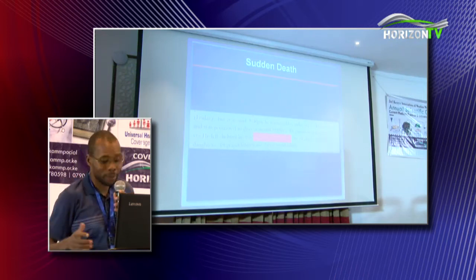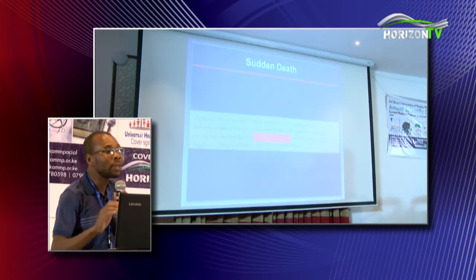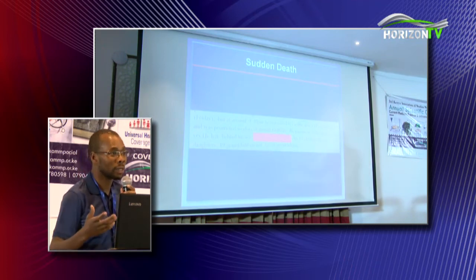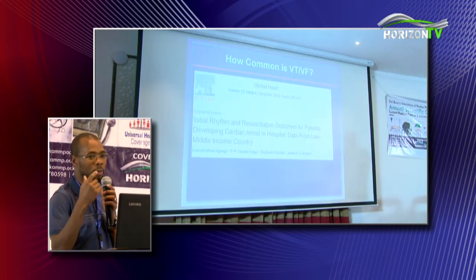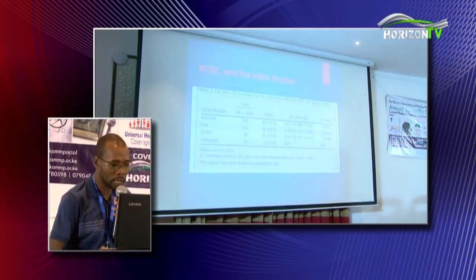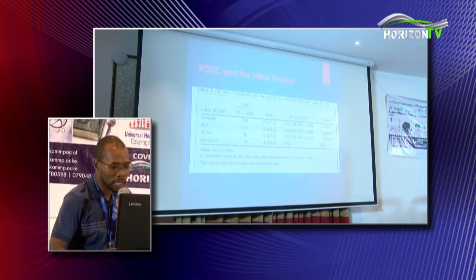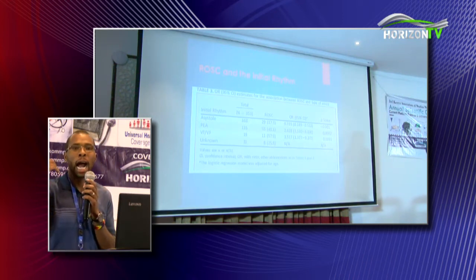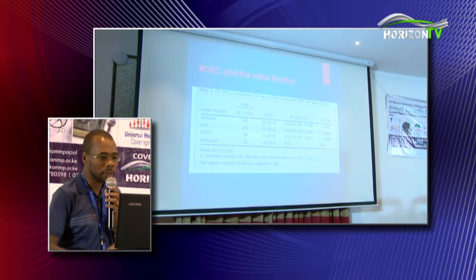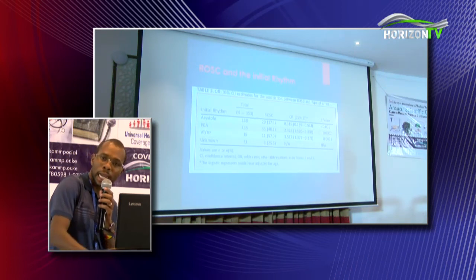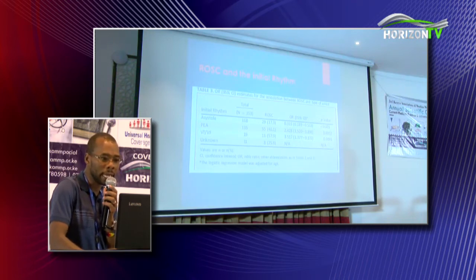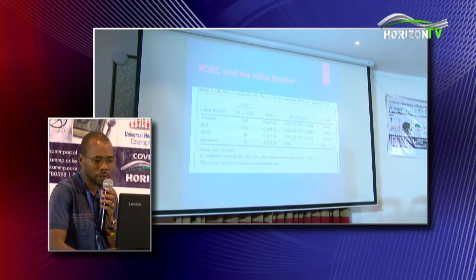What causes death in these people? This particular patient, interestingly, the post-mortem showed an acute myocardial infarction. He indeed died of a large MI, a 75-year-old man. How common is VT/VF? This is a study which we published in our hospital looking at how common these scenarios are. It showed that the rhythm associated with highest survival is actually VT and VF. Indeed, the commonest rhythm abnormality in the cardiac arrest situation is asystole followed by PEA. VF and VT contribute to a smaller number, but these are the patients who have the highest likelihood of survival.